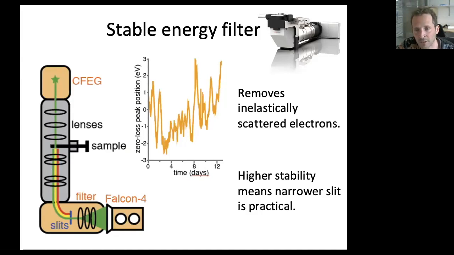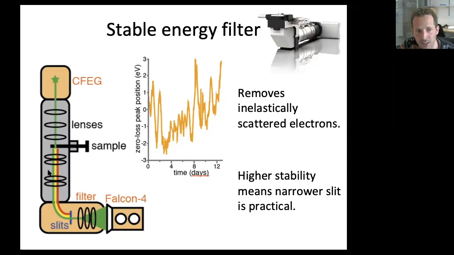Now, the rest of the electrons scatter inelastically, meaning that they lose part of their energy in the process. They deposit that energy in the sample, leading to the radiation damage that was the problem of our images in the first place, if you remember. But now they've lost energy, and all they do is contribute noise to the images. So that's indicated with yellow and red here, these are electrons that have deposited energy in the sample